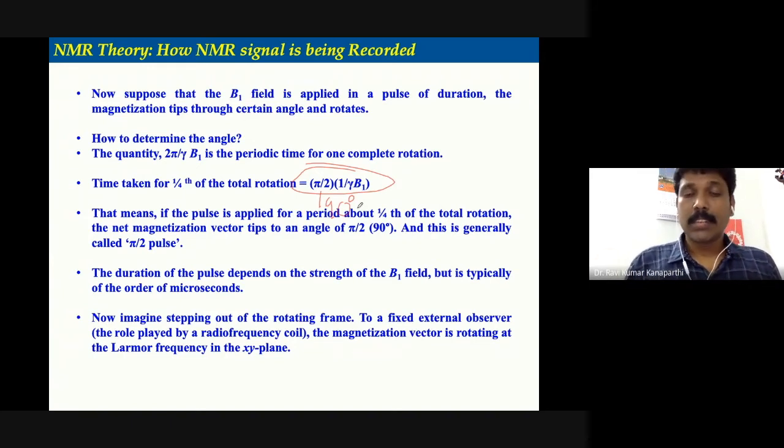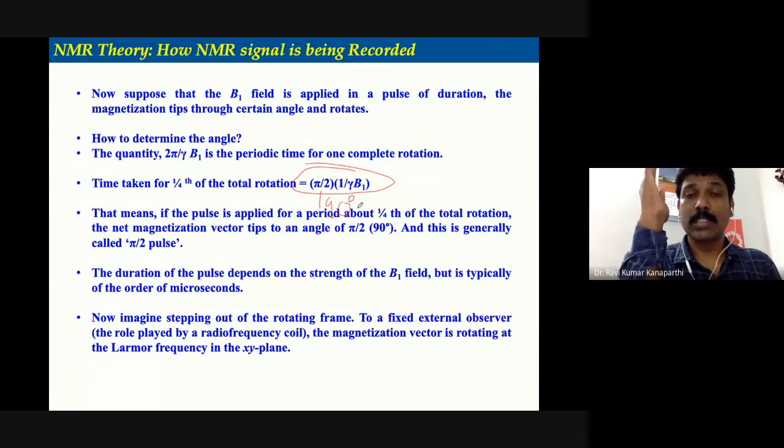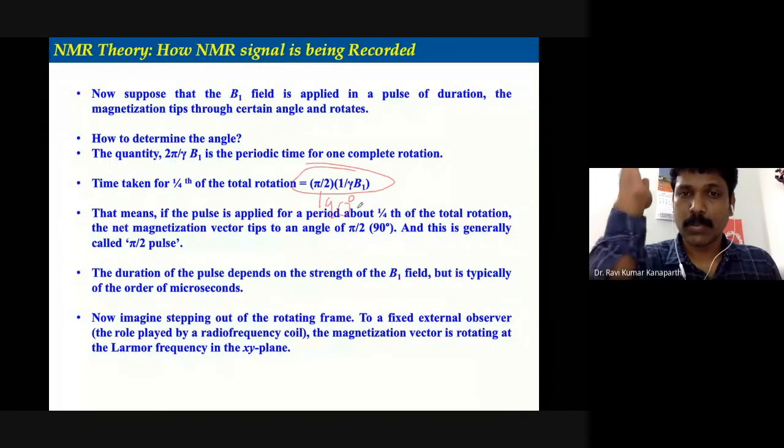Please remember that the radio frequency pulse is applied only for about 10 to 12 microseconds. Afterwards, it will be stopped. As long as it is applied, for that duration of about 10 or 12 microseconds, it will precess in the XY plane, but later it will try to go back. Initially it is rotating in this plane. Now it will try to go back to its original position. What is that? Pointing along the applied field direction. That is the original position.